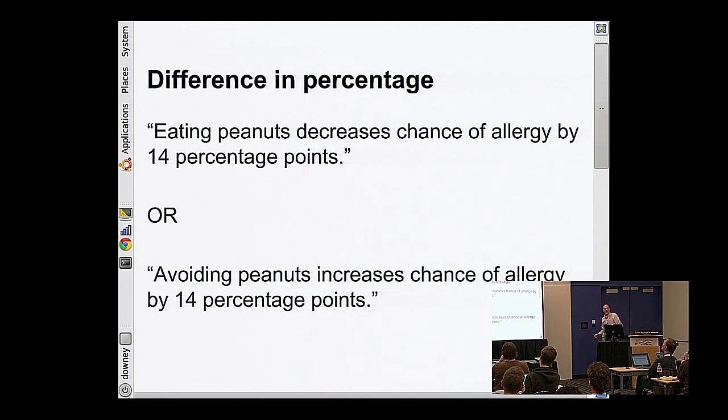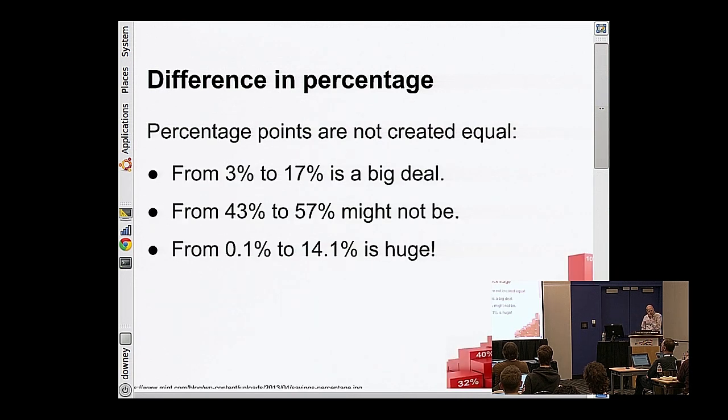All right. So here's one option that people did not mention, and it's kind of good that you didn't mention it because it's not a great option, but you could just talk about a difference in terms of percentage points. And the nice thing is people kind of get this. There's a 14 percentage point difference between 3 and 17. Okay? And you could express it either way, that either the treatment is eating peanuts and that reduces by 14%, or the treatment is avoiding peanuts and that increases. Either way, percentage points. A drawback of doing this is that when you express a sliding scale of a difference in percentage points, the baseline makes a big difference.